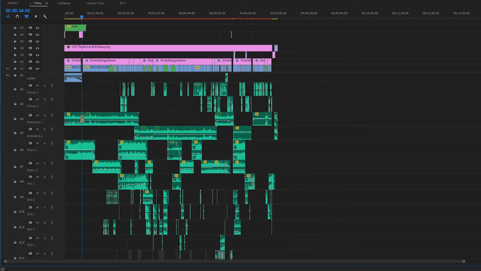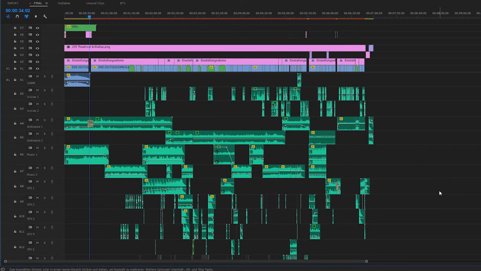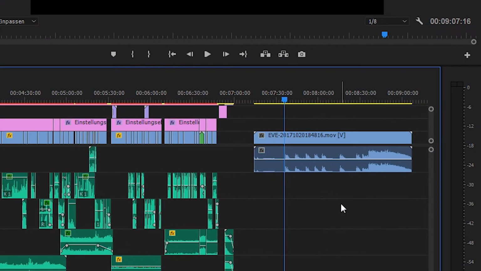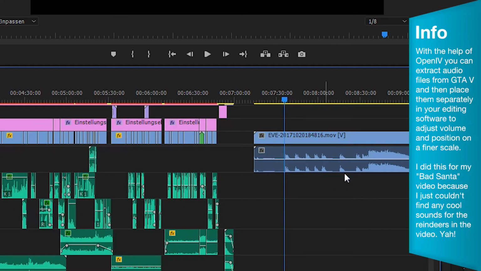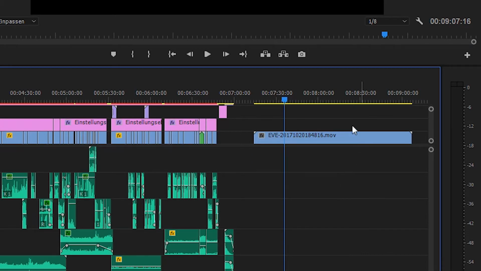I'm not saying the GTA 5 sounds are necessarily bad, but the problem is that they're all baked into the same audio track, so you can't modify their individual volumes or positions. Also, the audience is used to hearing these sounds, which will lessen the effect of novelty for them. So if you really want to create unique cinematics, be bold and just delete the audio from the game right away, like this. No turning back now.